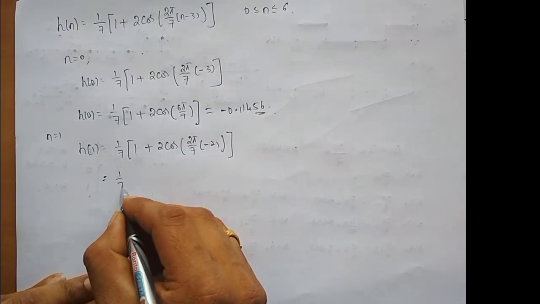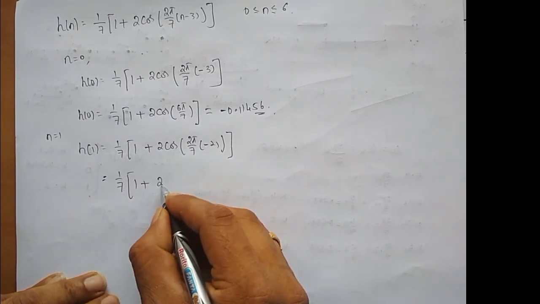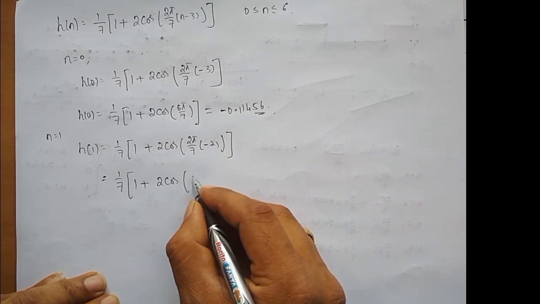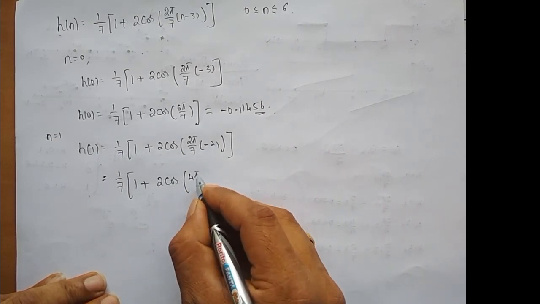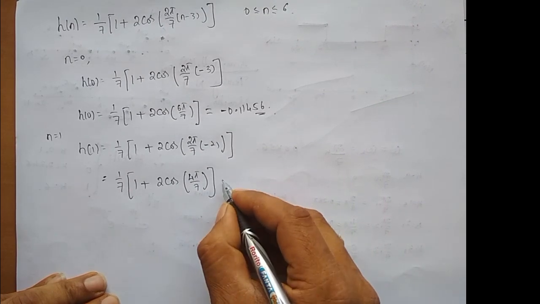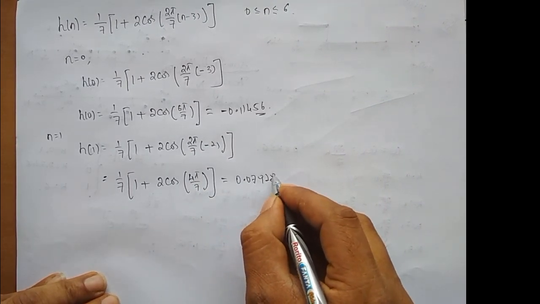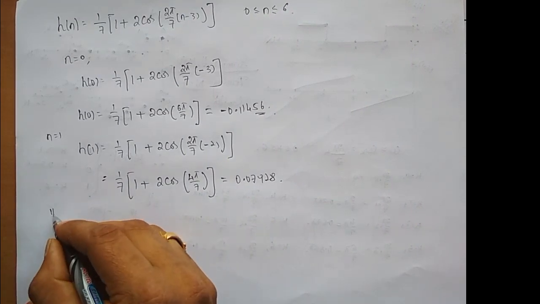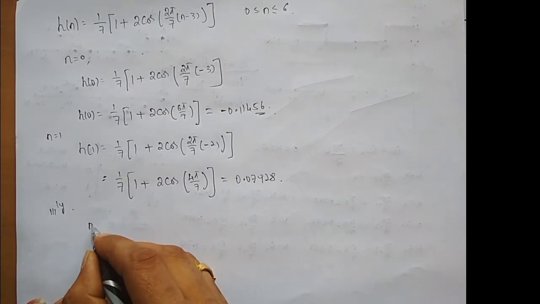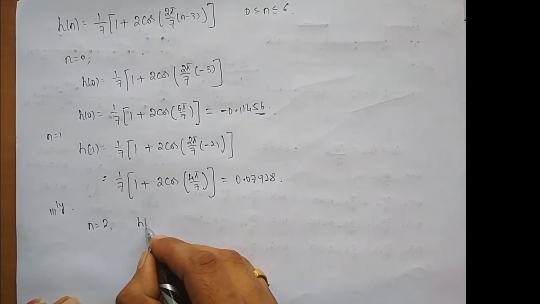And this is equal to 1 by 7 times 1 plus 2 times cos of 4 pi by 7, because cos of minus theta is cos theta, and this ends up with 0.07928. So similarly, if you substitute for n equal to 2, we get h of 2 as